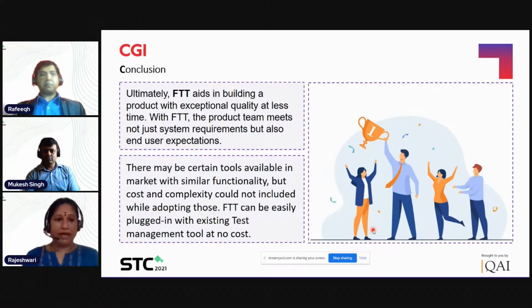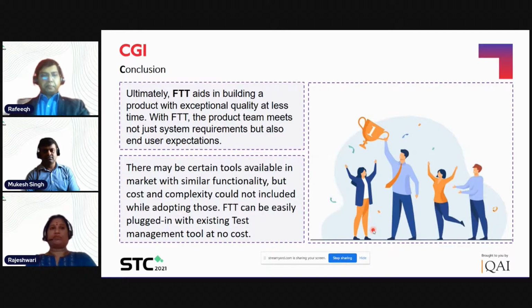So that's all from our end. With this FTT, the feature testing tool, we have achieved a proportionally quality product. We have delivered a quality product with a minimal number of bugs. The power has been given to the QA to do the deployment and also to validate the piece of code. So continuous testing is happening, and it is also scalable with all environments. We can do the testing on any platforms and any environments, and that is up to the decision of the QA. In the world of agility, resiliency is very important, and this FTT helps us bring out resiliency so that a quality product is delivered to the customer.